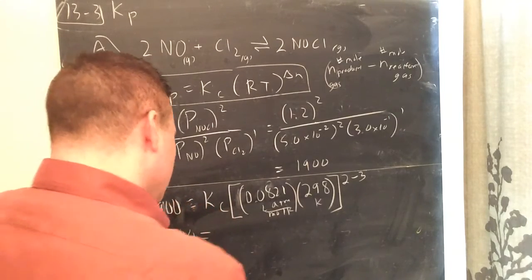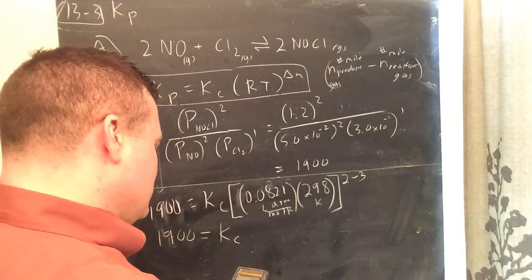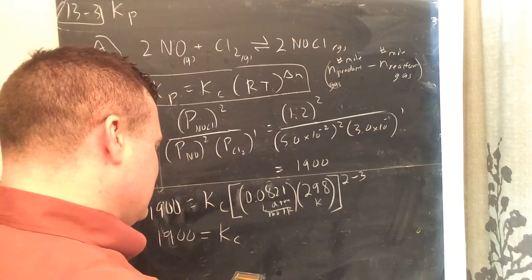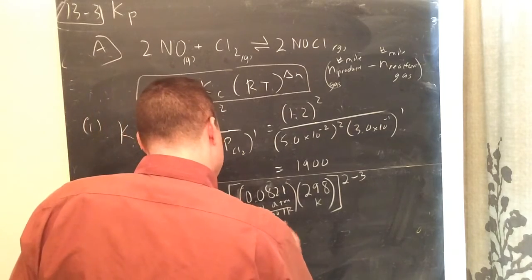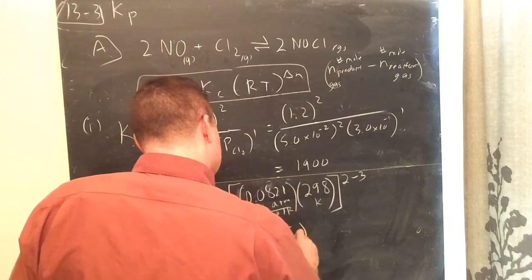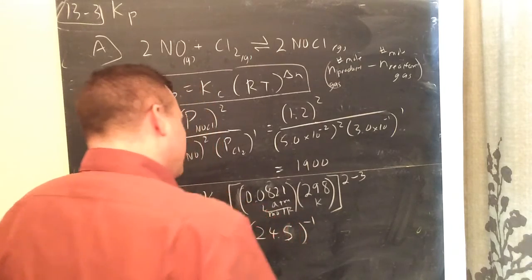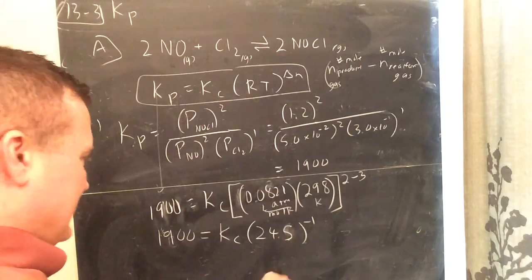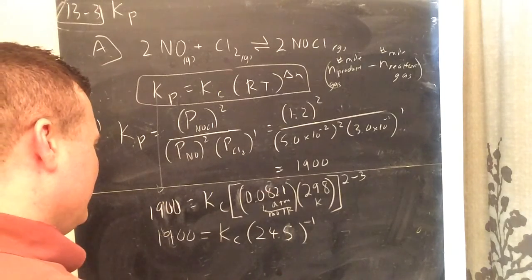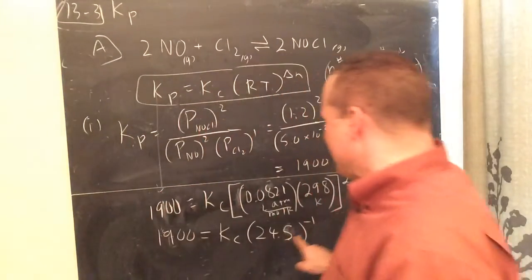1900 equals Kc times... So I'm going to take 0.0821 times 298, which is 24.5, and raise it to the negative 1 power. Okay. So that's going to be the inverse of 24.5. Actually, just to save space, because I'm going to run out of space here, 24.5 to the negative 1